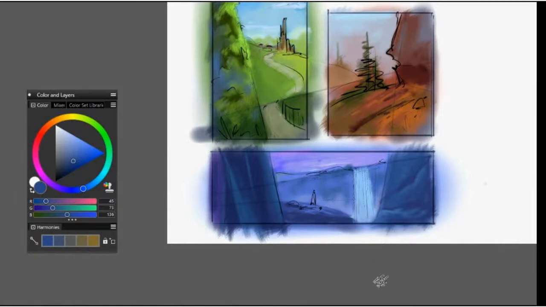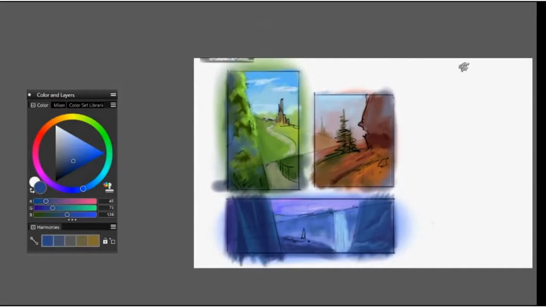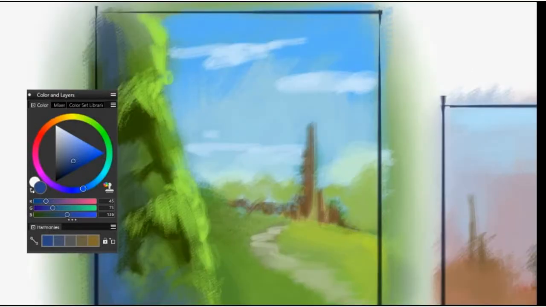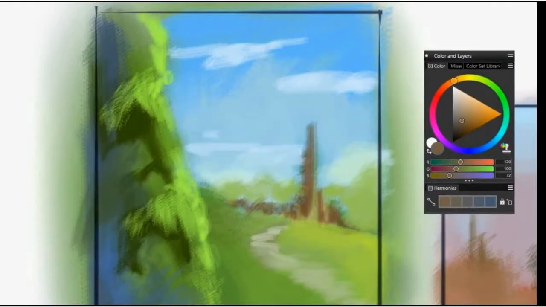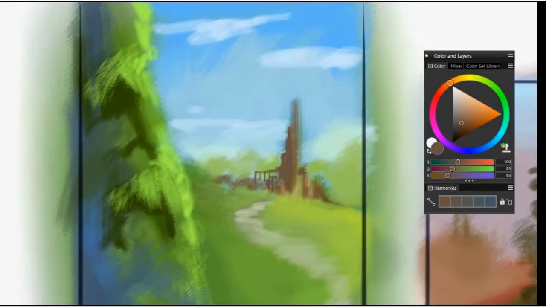Now after making all these things, I'm going to the detailing of this art. You can see I'm detailing this art now. Until now we have done some rough work. Now we are making the details of the objects. In the first one we have taken a castle, so I'm making the detailing of this castle.